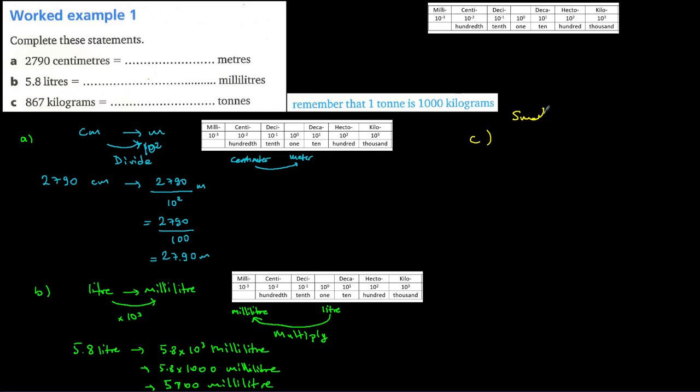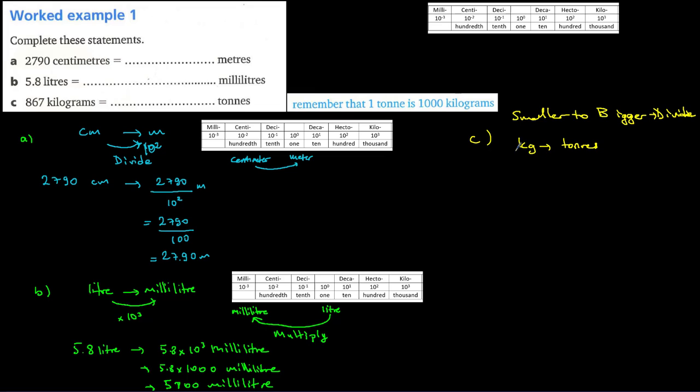From smaller to bigger unit, if you remember, we divide. Here the unit is given also. 1 ton is 1000 kilogram. If you are going to convert from kilogram to ton,